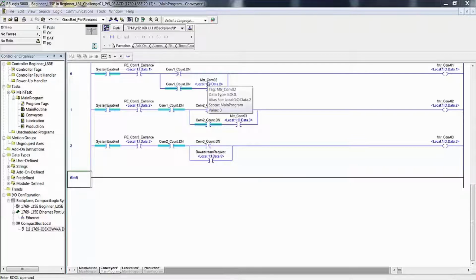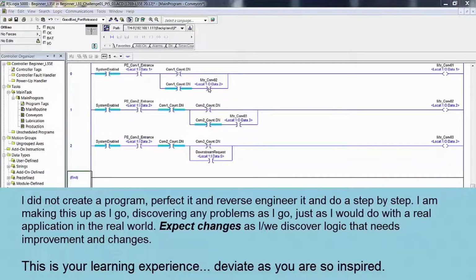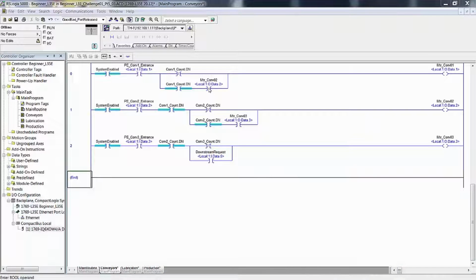This instruction is looking at the result of the logic in this rung. If this rung is true and conveyor 2 is running, then that will be true. If this is true, then we can run conveyor 1 regardless, whether it's full or not full. We can run conveyor 1 if conveyor 2 is running, which means that the cartons have some place to go. Obviously, conveyor 2 is not going to be running if it's full and conveyor 3 is not running. So if you follow the same logic and drop down 1,